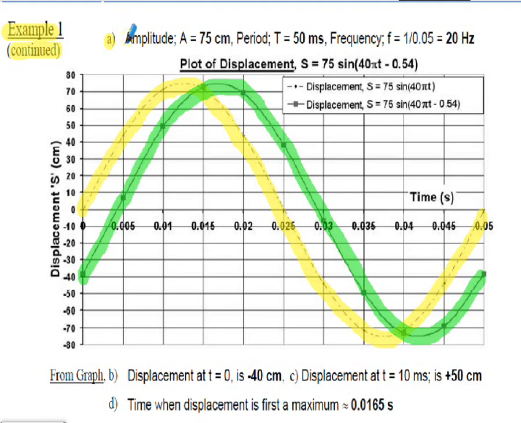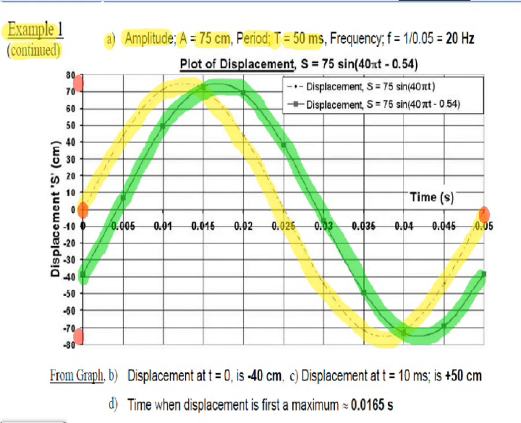Part A wants us to find the amplitude A, and by inspection of the equation given, that's 75 centimeters. In other words, the maximum amplitude goes up to 75 and down to minus 75 on our diagram. We're asked to find the period, the periodic time, capital T, and by inspection of our graph, that's 50 milliseconds or 0.05 seconds. So from the beginning of our sinusoidal form to the end of one cycle is 0.05 seconds